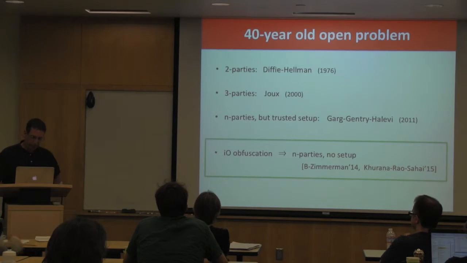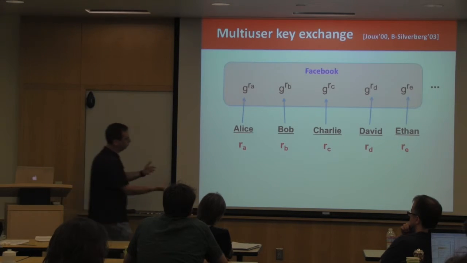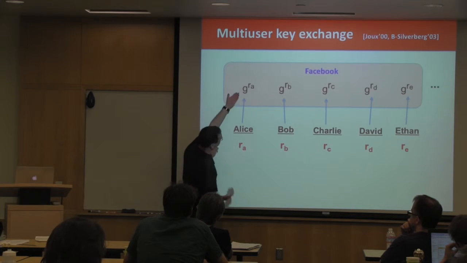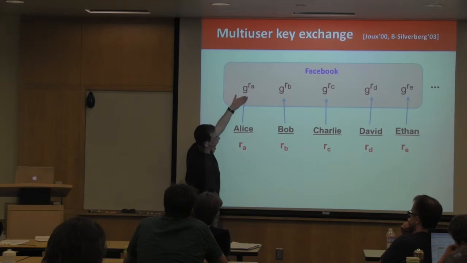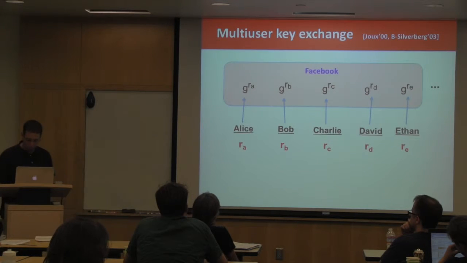Okay, so let me explain how the key exchange algorithm works. If there's one thing you get out of these multilinear maps, let me show you one really nice application for them. Of course, the secret keys are going to be exponents, and the public keys are going to be group elements raised to those exponents.